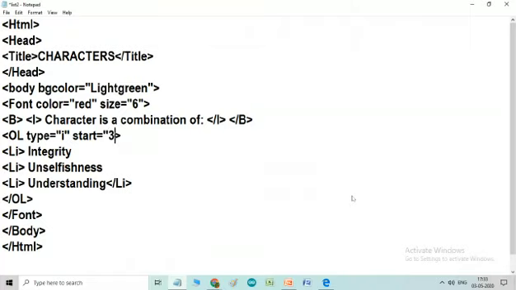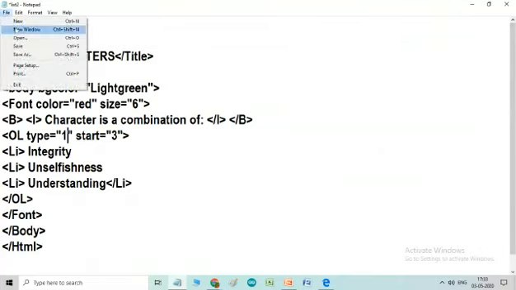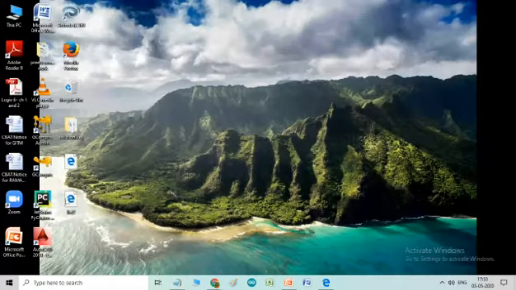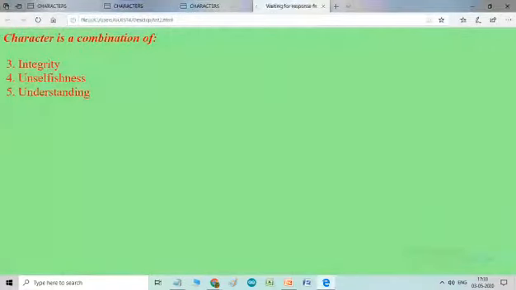So I have to type the number 3 here, so it will take the results from 3. Now I will take type 1 here by default. Let us see what changes will appear. Say save, open, and you see the list started from 3, 4, 5. This is how the start works.